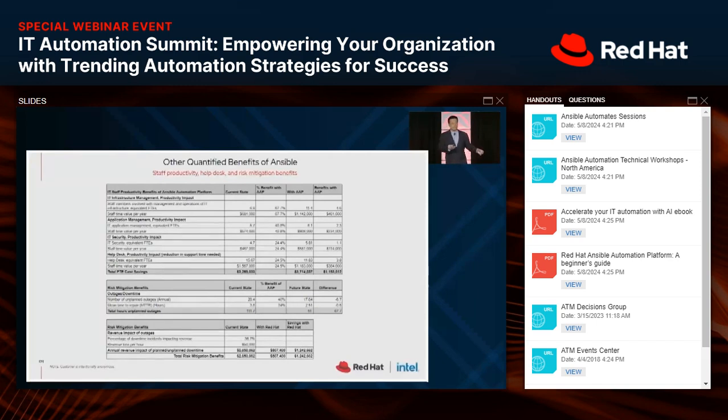But with Ansible you could eliminate the number of incidents as well as lower the mean time to resolution so that your overall downtime goes down. Then you can figure out what value that represents to your enterprise.